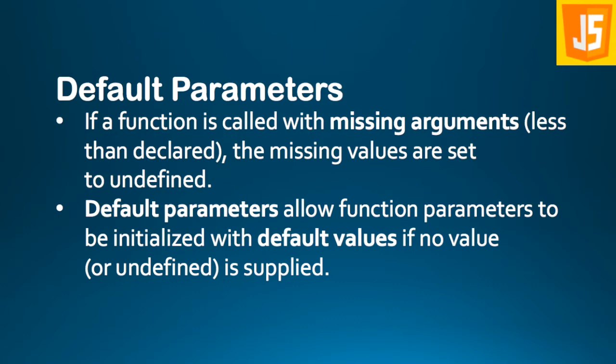Default parameters allow function parameters to be initialized with default values if no value or undefined is supplied. So if I had 3 parameters, I gave 2, then it would give the third the value undefined. But in my declaration of the function, I can also give the third parameter a default value, so that if no value was given in the call, that should be its value. We look at a couple of examples and see why this is such a nice and wonderful feature from